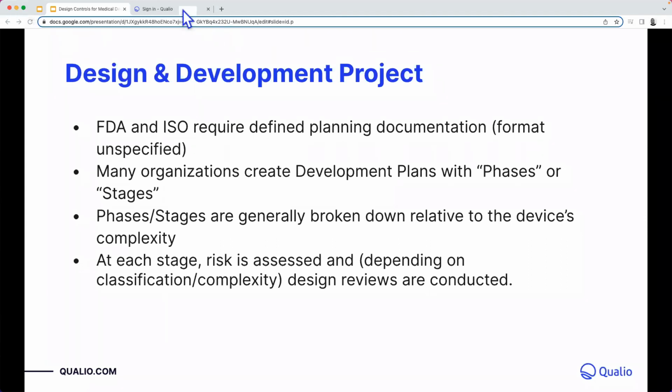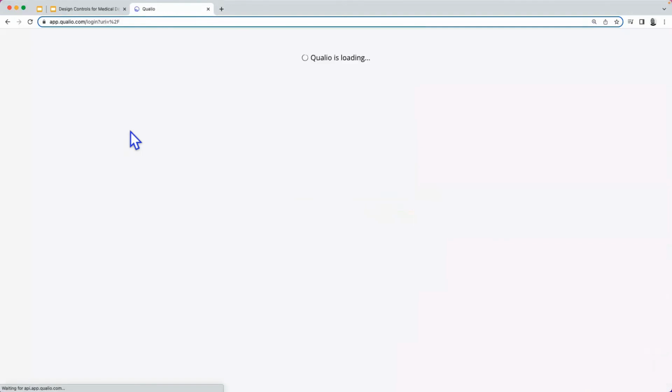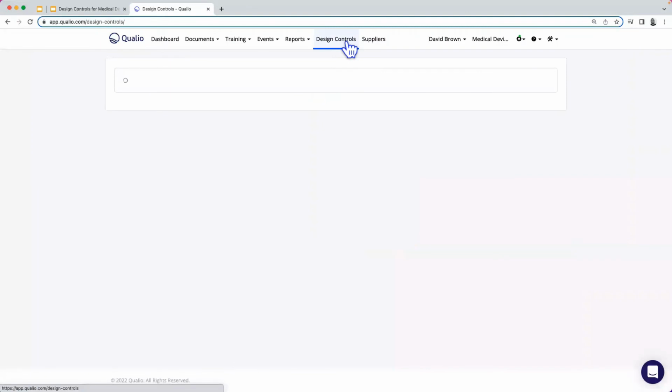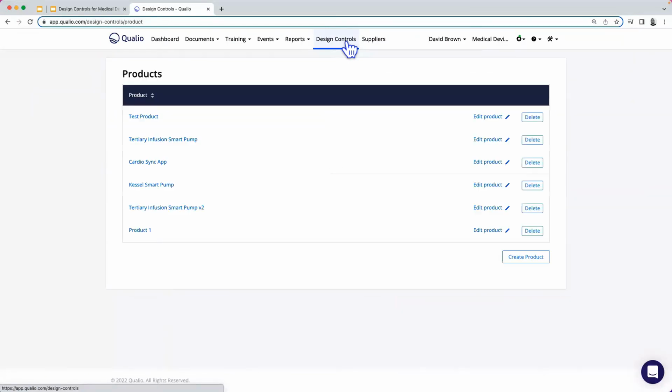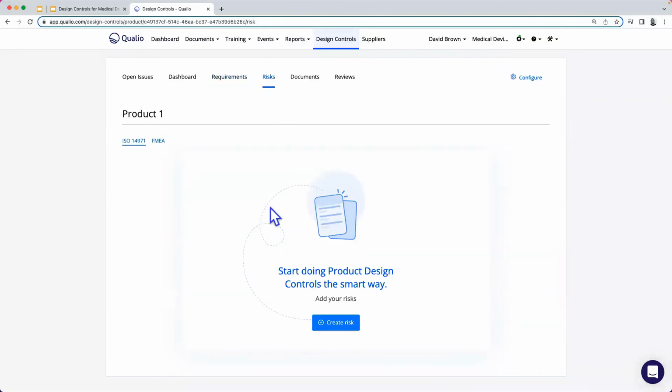So let me just jump into another screen. I know we're running a couple of minutes over, so I hope you can hang on, but I'll do this quickly. So the question is, does adding a risk update the matrix? The answer simply is no. To update the matrix, you need to initiate what we call a review. So if I go in here and I add a risk,